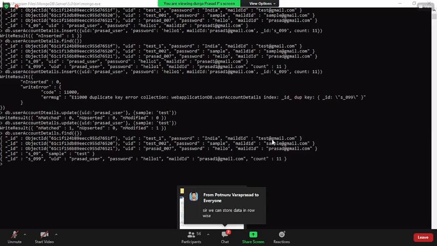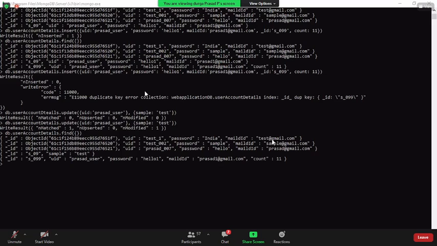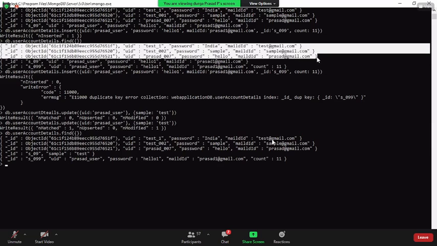Okay. I have a question from Varaprasad. Sir, can we store data row-wise? That is what a row is, right, Prasad? If you see here, when I say find, this is the data you can see here. This is what a row is. In your collection, a row indicates a single JSON object. There is nothing like a table type of structure in MongoDB. Am I clear, Varaprasad? Okay, nice. Now, what is our next step?